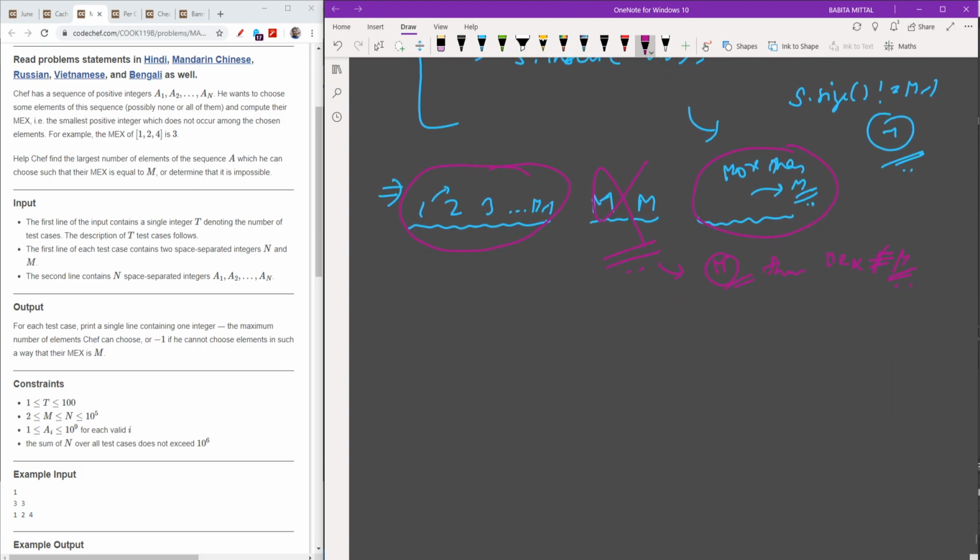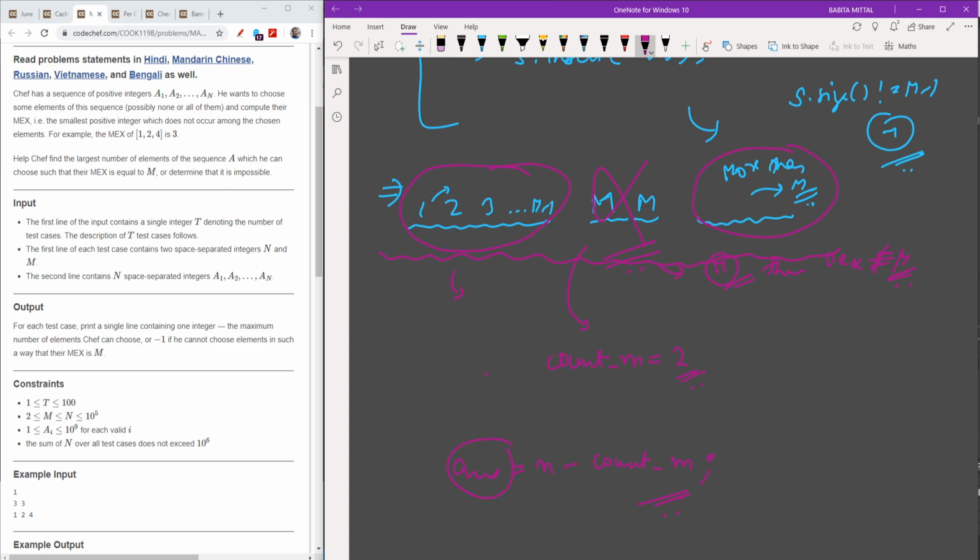So to check that, I will see what the m count is. Suppose here it is 2. So my final answer would be the size of this array, which is n, minus the count of m.